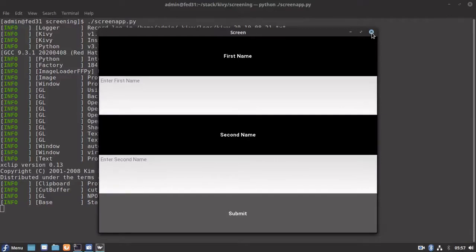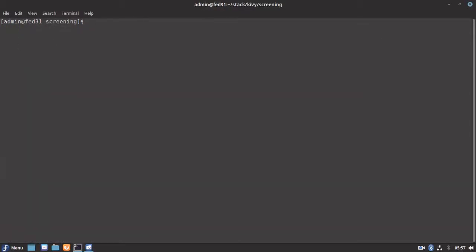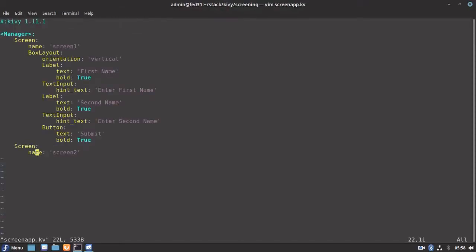Okay. So let's try to build our second screen. So in our second screen, let's say for now, we will create a label with text Screen 2.